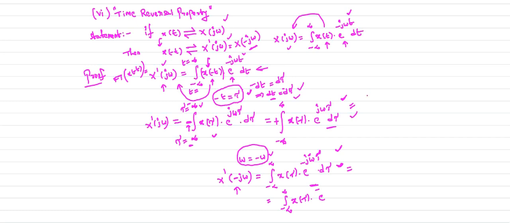You can simply identify this formula, minus infinity to plus infinity, x of tau into e power minus j into minus omega tau d tau. I just write e power j omega tau by this expression, e power minus j of minus omega tau d tau. Now what is the formula for this equation? This is x of minus j omega or not? So this is x of minus j omega. Now your x dash of minus j omega is what? X of minus j omega.